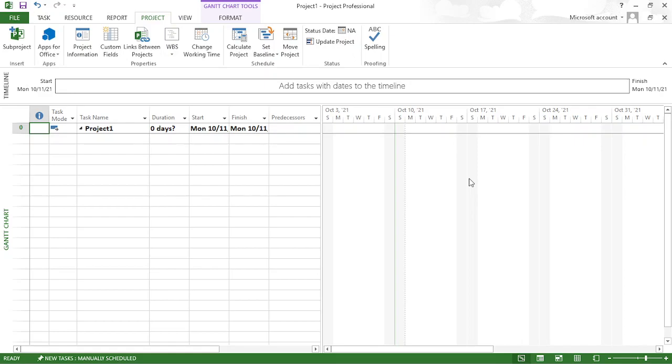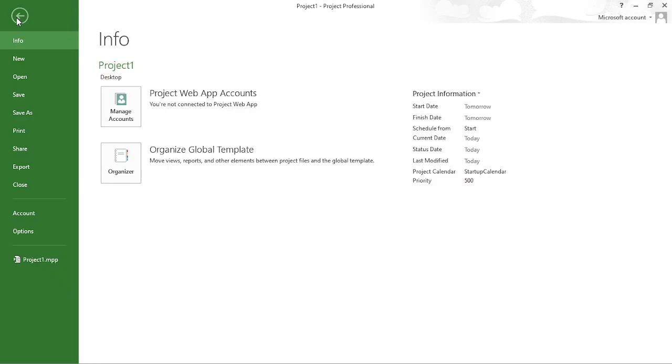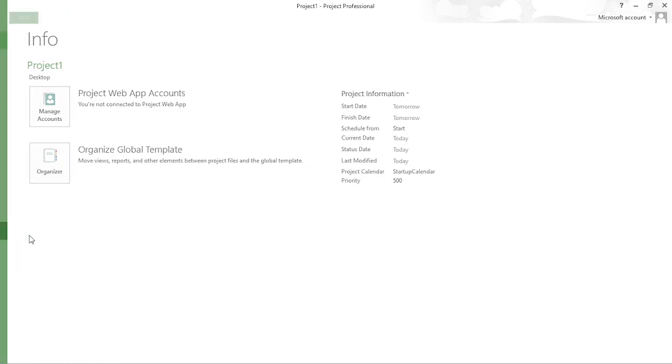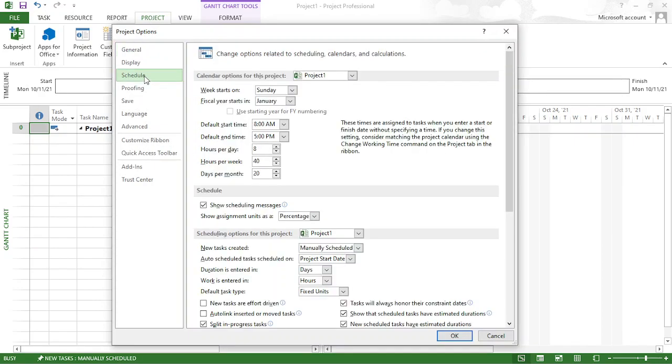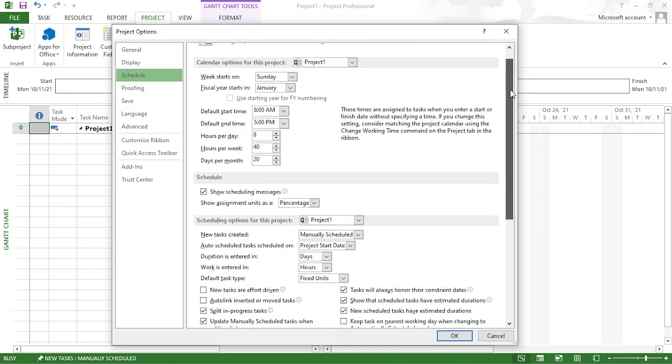And now what we are going to do, we are going to the schedule. Let's see what is the schedule in here. I'll go to the backstage again. I'm going to options available. Then I'm going to the schedule. In the schedule, you can see different options available in here. Default start date, you can change it, right? Default working days and stuff. But importantly,